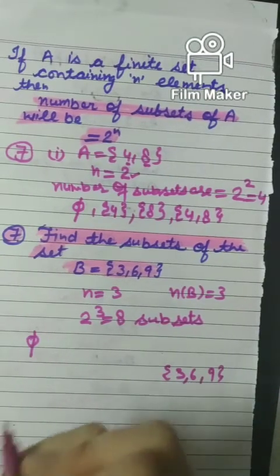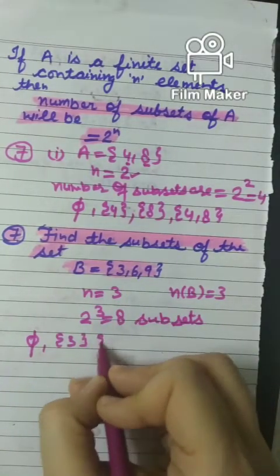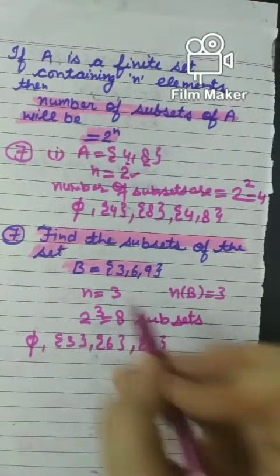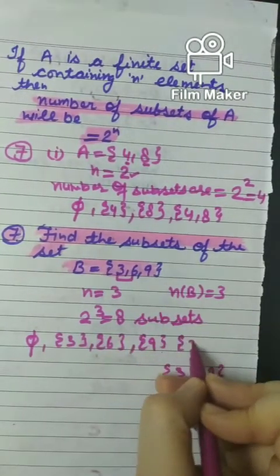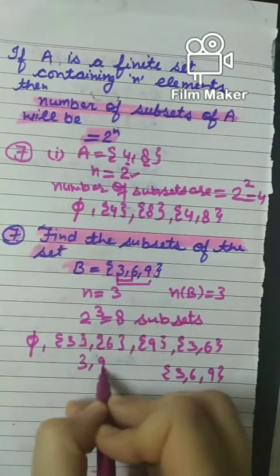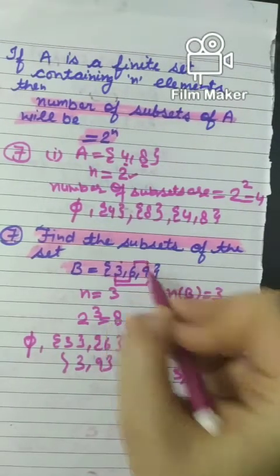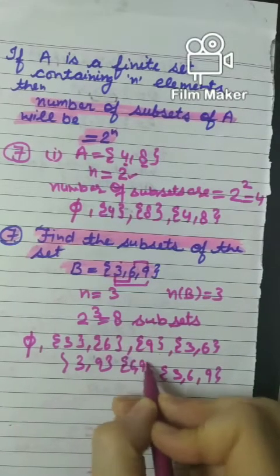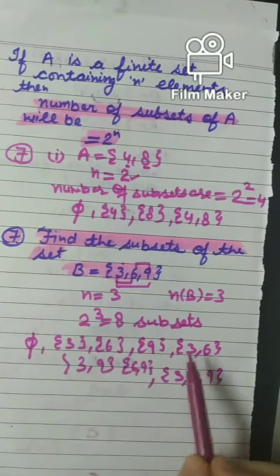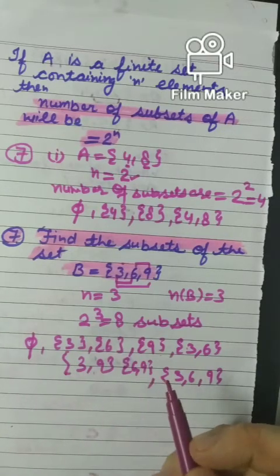Now the remaining sets you have to write. First you take single elements, singleton 3, singleton 6, and make sets with these. Now you take pairs. First you take 3 and 6. This is a subset of B, right? Now you take 3 with 9, {3, 9}. Now you take 6 with 9. So all the combinations I have taken, and this one {3, 6, 9}. So can we count? 1, 2, 3, 4, 5, 6, 7, 8. We have got 8. So 2 parts I have done in question 7.